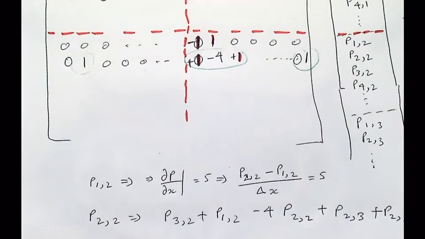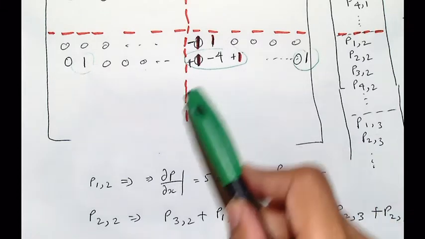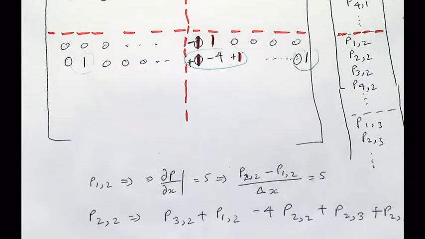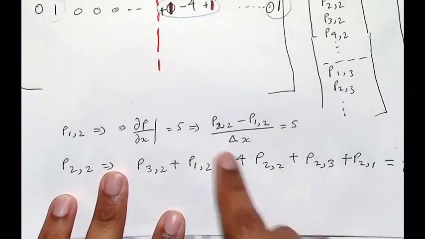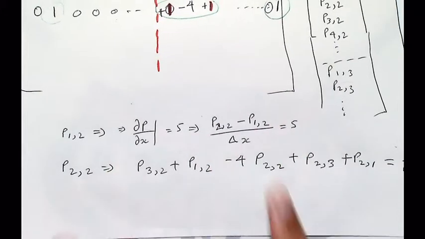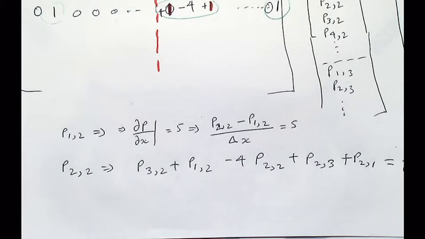Okay. So yeah, you can see that this process is very cumbersome for forming this huge matrix. You have to be very careful with all your signs and all your numbers. But this gives you an exact solution. There's no assumptions in here. You're solving the Poisson's equation exactly. Well, there is an assumption that the derivatives can be written as that. But besides that, there's no assumption in the solution.